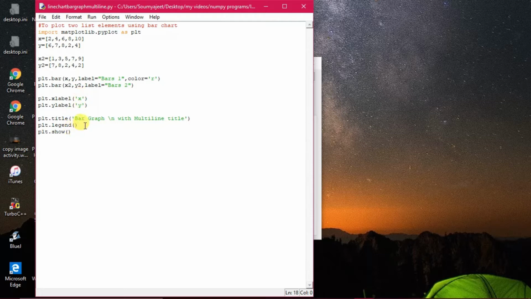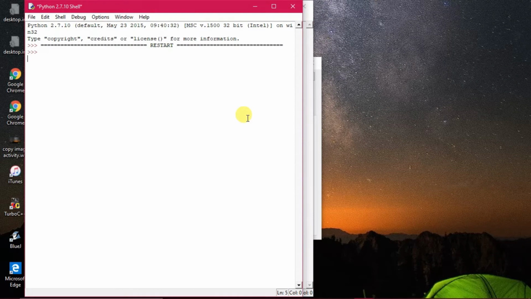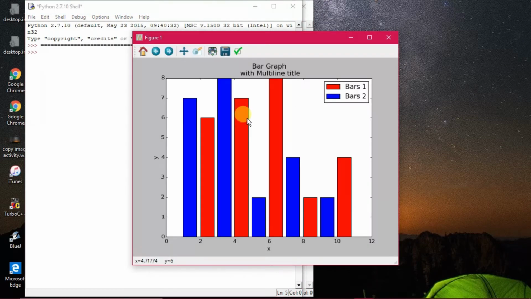All right, so here one thing is that we have not used any plot because bar is already there. Now you see how this program executes. Run it. Anytime you can manipulate the values here. So you see how the chart is coming. Yes, you can see it here.